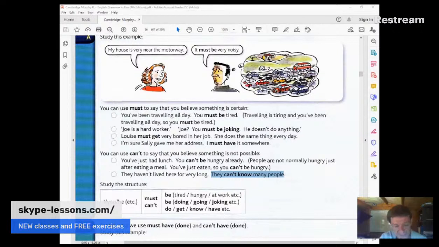Yeah, so very often it's for speculation, and certainly it's for when you're speculating on what happened. But when you're speculating on the past, we need the past modal forms I'm going to mention any second now. But if we're talking about the present or the future, we just use must and infinitive, or maybe must be and continuous if you want it in a continuous tense. So maybe something is happening right in front of you. Maybe you want to say,